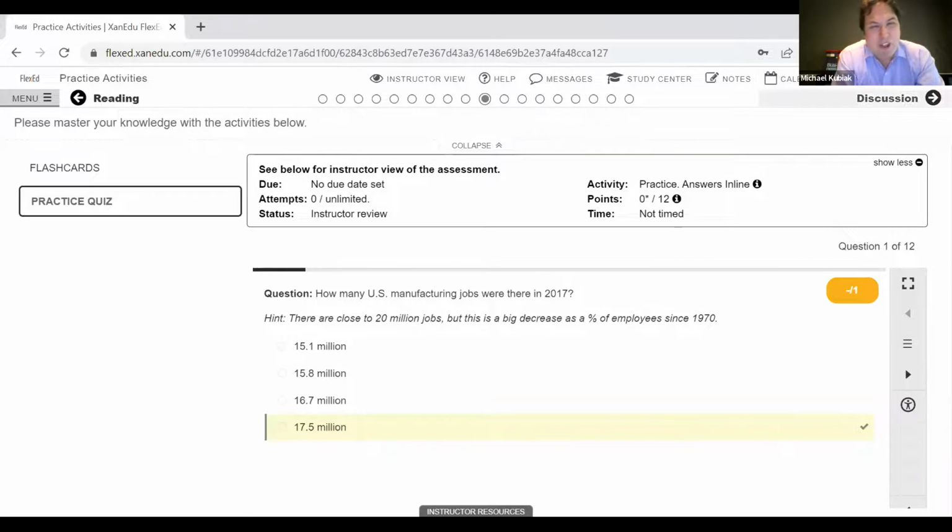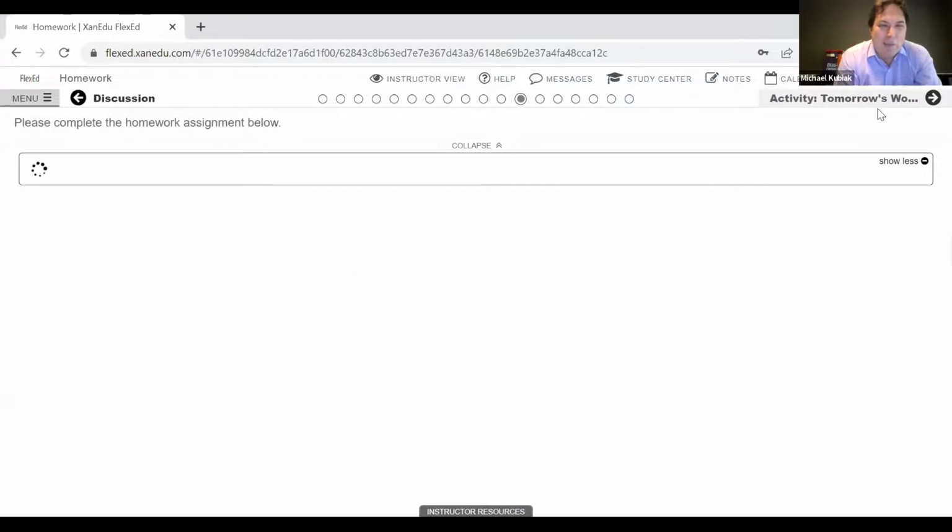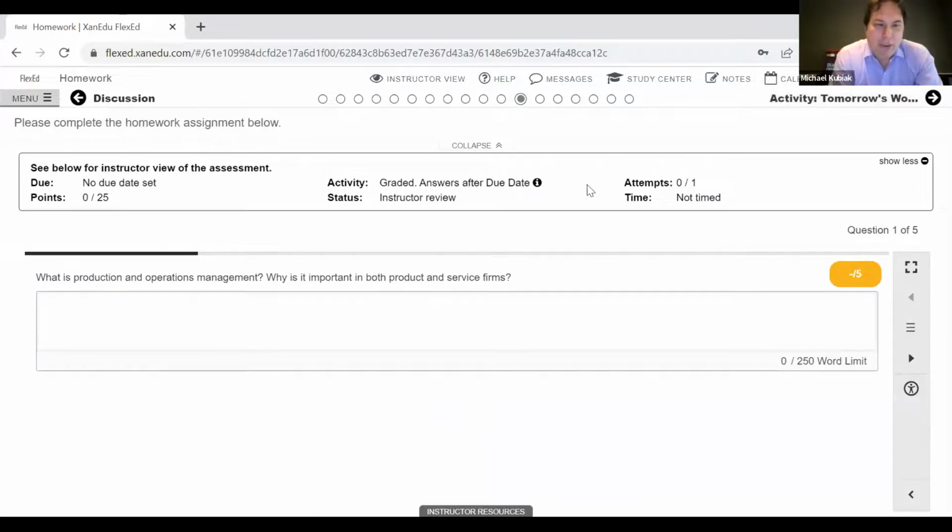And then just a couple other quick examples. Speaking of assessments, every chapter has a set of discussion questions, usually again with a video linked to it to help set the stage for that discussion, aligned to a key concept from the chapter. And then what we refer to as homework here, these are designed to be open response questions.